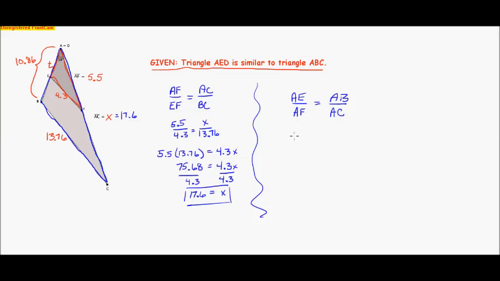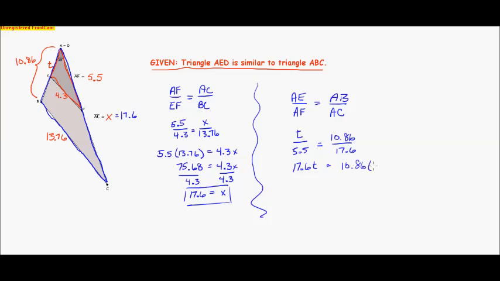AE is the variable, that's the one we're looking for, and AF is the 10.86. AB is going to be, oh, I just lost it. AB, oh, I put in the wrong one. Oh, excuse me, take that away. All right, I don't want to put it in there, I want to take it away. AF is 5.5, and AB up here is 10.86. Sorry about that. And AC is 17.6. So again, I have a proportion, and I just cross multiply 17.6 times T, that's that, and then 10.86